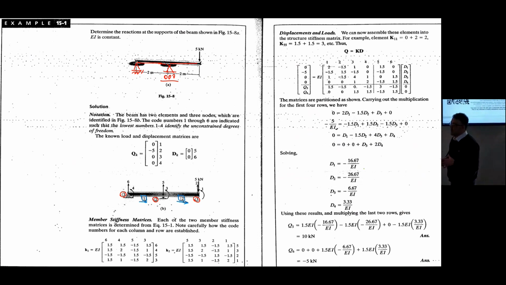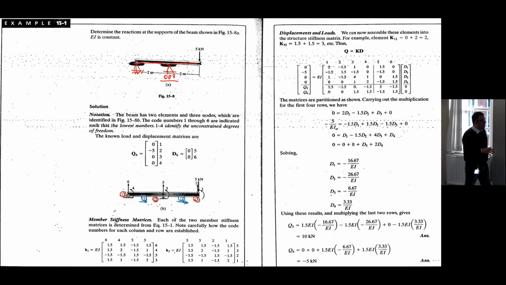As I told you, how many nodes we have multiplied by 2, we will get the degrees of freedom. We have 3 nodes, we will have 6 degrees of freedom, right? And you can number them arbitrarily, it's okay, whatever you say. But for each node, remember the previous slide, we have a degree of freedom vertically and rotationally,